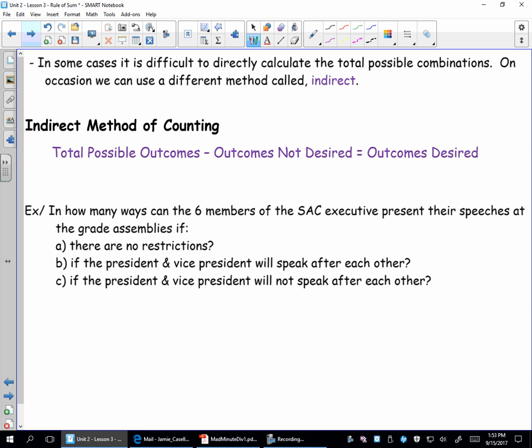So we did an example yesterday where we had somebody in their books for classes. We said, well, French and English have to be together or not together. Well, those two things are complementary events. The fancy name for that is indirect counting. If you take your total outcomes and you subtract the things you don't want, you're left with the things you